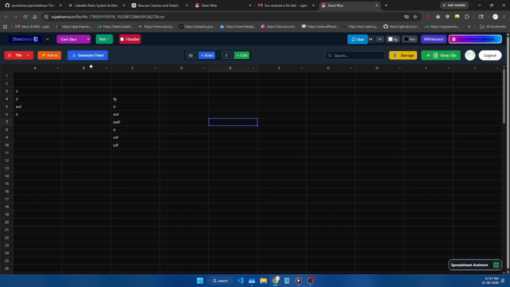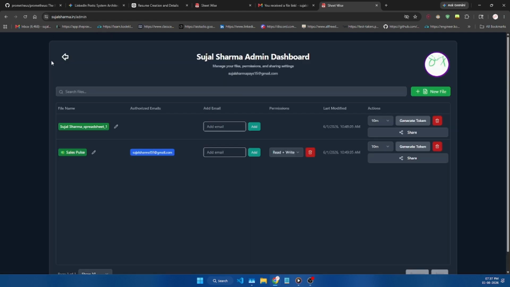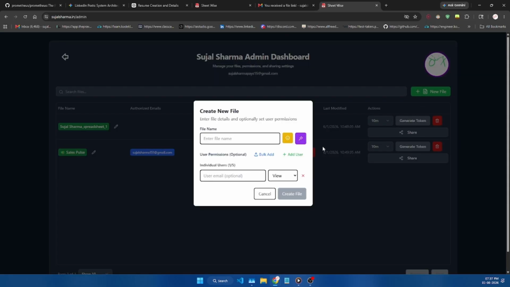All right, let's move on to more features. You can search files here. You can add more emails, more than one email, and share. We have seen that. You can create a new file, so click on the button.